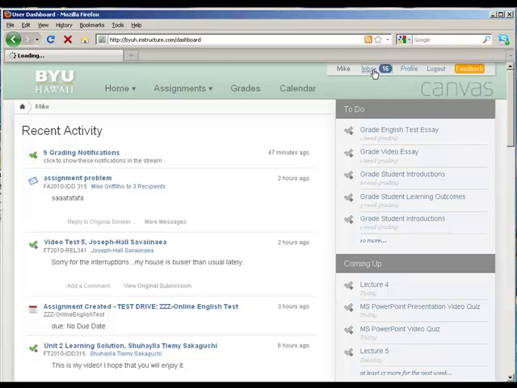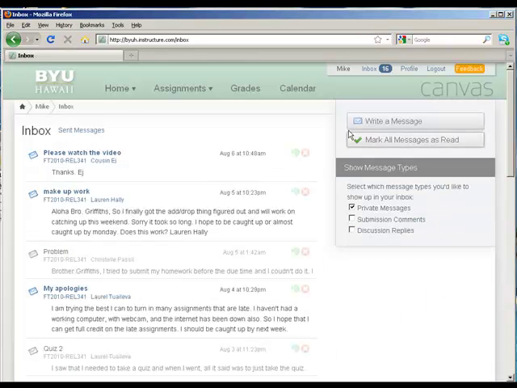Inbox is for sending it to your teacher or tutor, or even to communicate with other students. You click on the inbox, and you should do this every time you log in to see what messages you've got. So you see that you have messages. You can click on sent messages to see what you've sent, but these are your messages. And then you click on write a message,